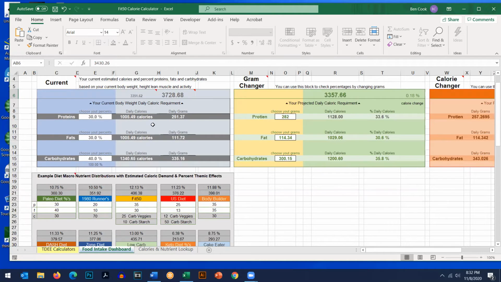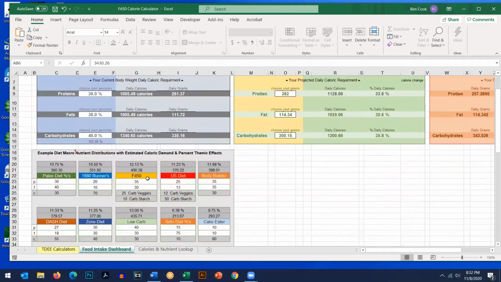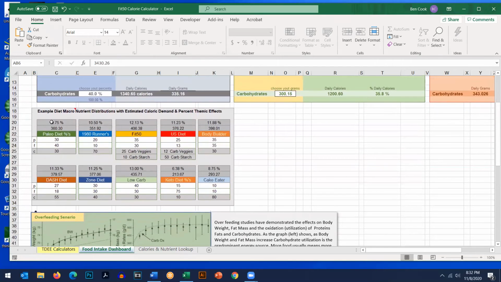And there's a lot of diets out there in the market, on the internet. And here are some examples right now. I put some example diets that are most common on the market now. A lot of them base themselves on what the percentage of fat, protein, and carbohydrates are in those diets. And for the Fit50 diet, I'm suggesting to you that you take in 35% protein, about 30%